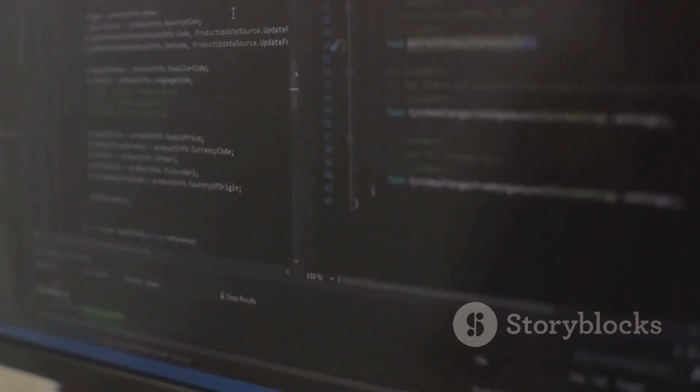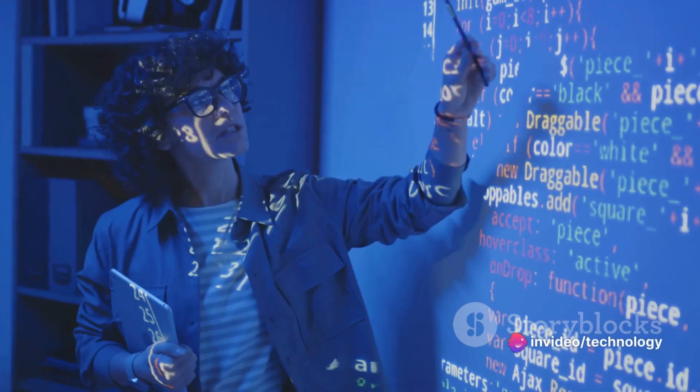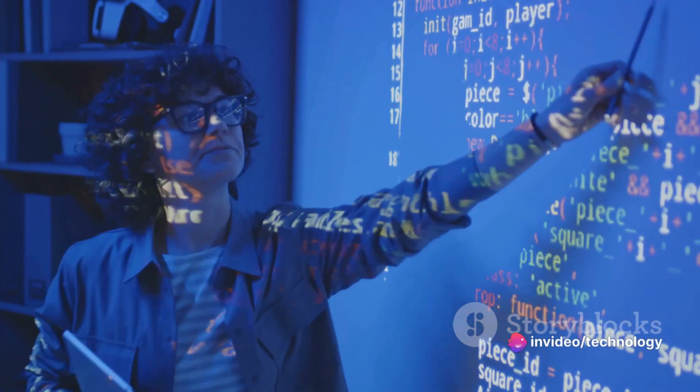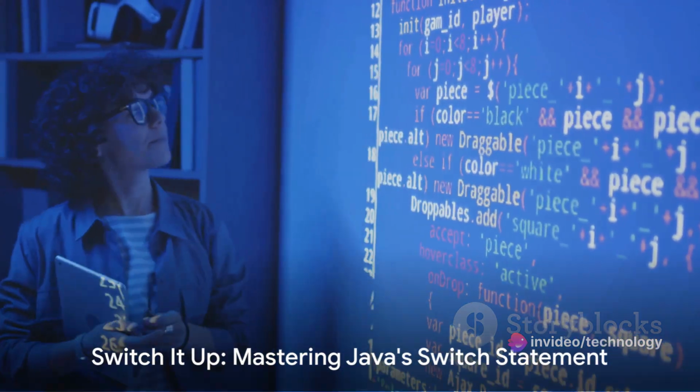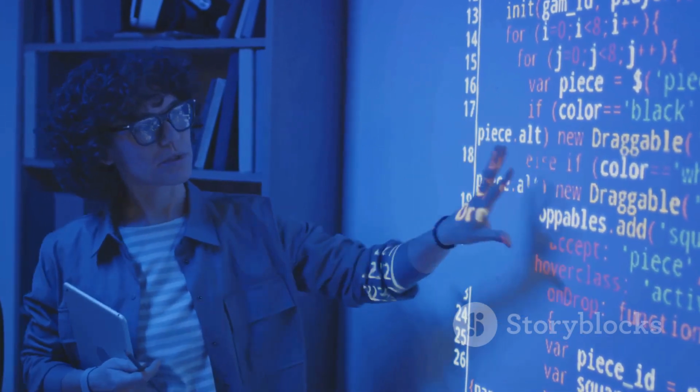However, despite these limitations, the switch statement remains a valuable tool in your Java toolkit. It's a great way to streamline your code and make it more readable, especially when dealing with multiple conditions. Remember, every tool has its place, and understanding when to use each one is the key to effective coding. The switch statement in Java is a powerful tool to streamline decision-making in your code. Used wisely, it can